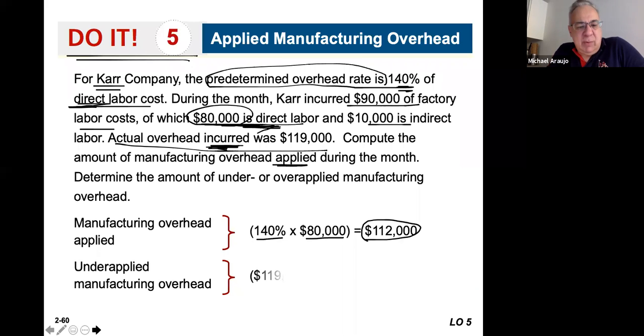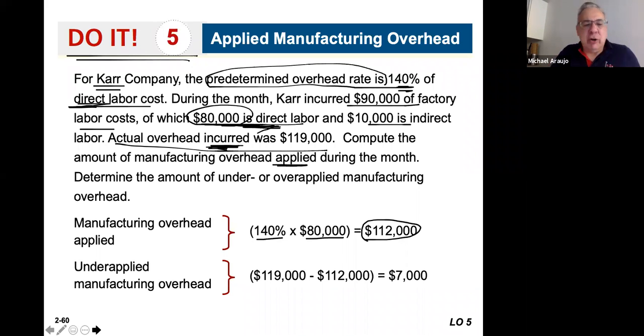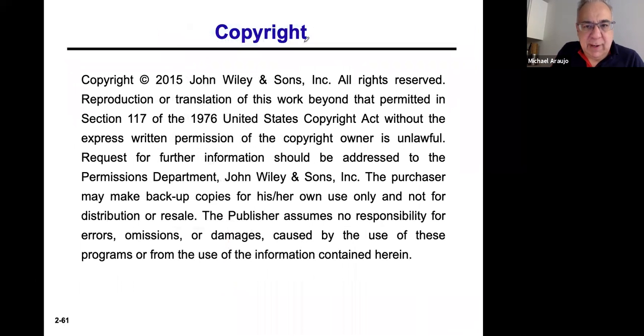So then what we've done is we under-applied cost by 7,000. Right? We were low. We should have applied 119,000 of cost. We only applied 112,000 was our estimate. We're 7,000 short. That's the under-apply. Okay, we're 7,000 short. Okay, and that is